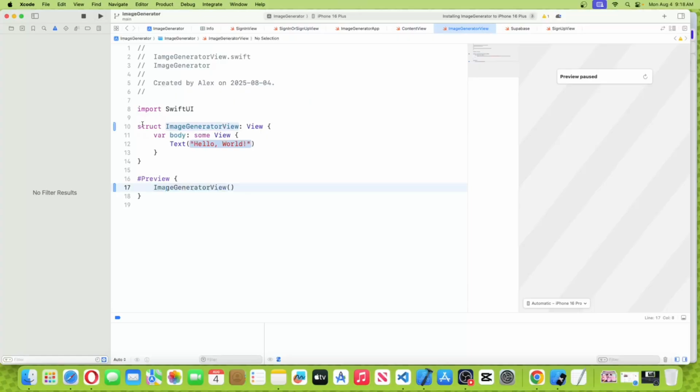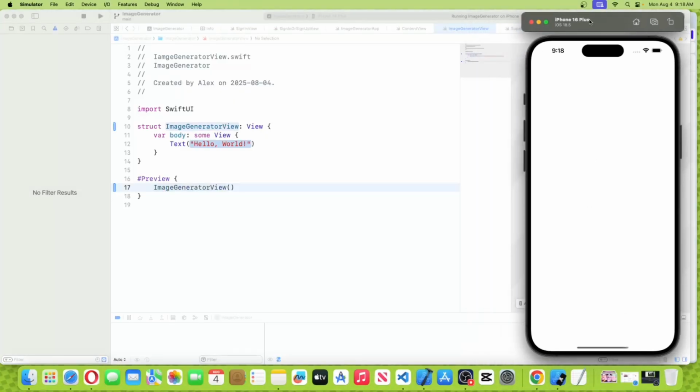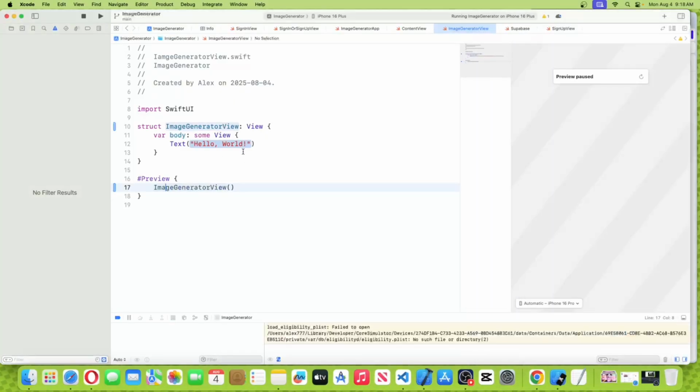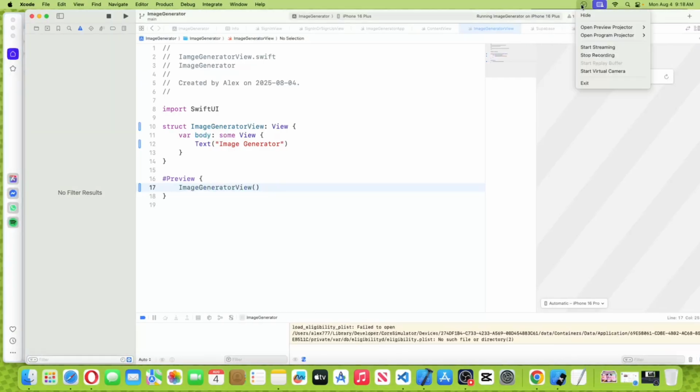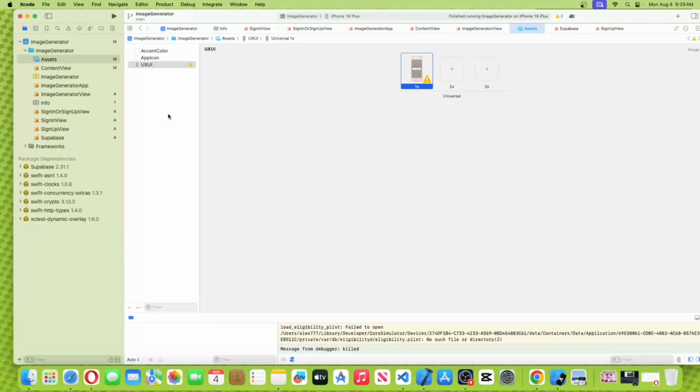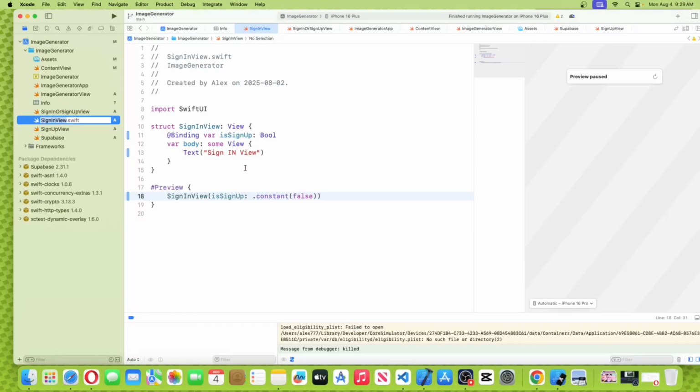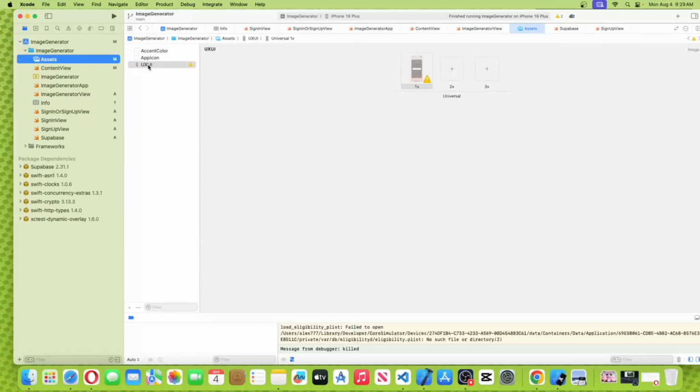Okay, so it will show the image generator view. This will be image generator. So it shows the sign in view. Okay, so now, because in our sign in view we only have the basics, we need to build the UI of the view. So let's say we have a UI screenshot,